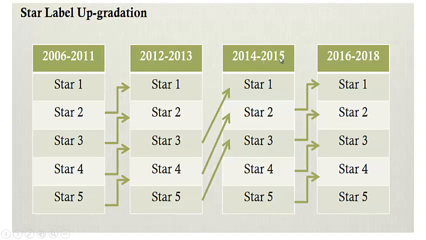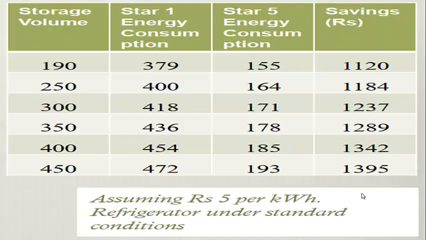Similarly for 2014 to 2015, you can see as the number of years goes by and the technology grows, the number of stars changes. First you can see here star 5 was considered to be star 3 in 2015. Similarly, star 3 again degraded to star 2 in 2018 because of the discovery of new appliances which are more efficient as time goes. So this is how star label upgradation goes on as time goes. Let us try to